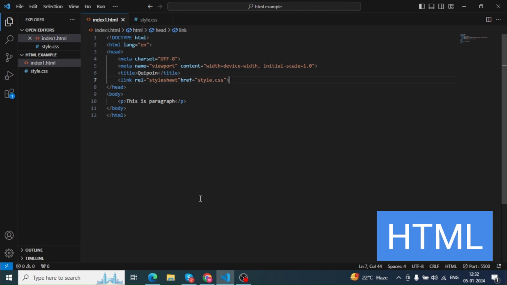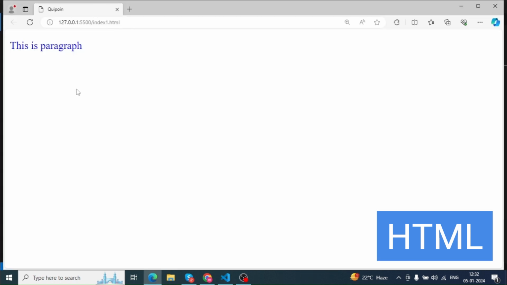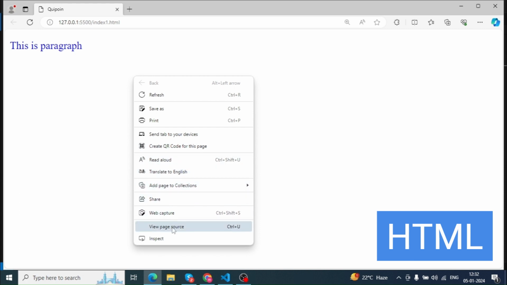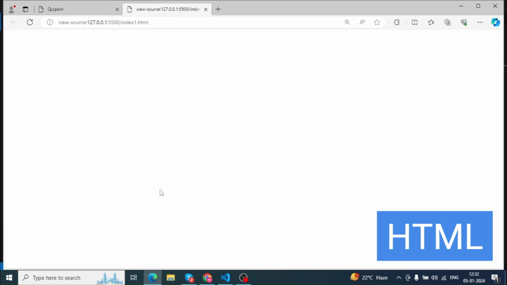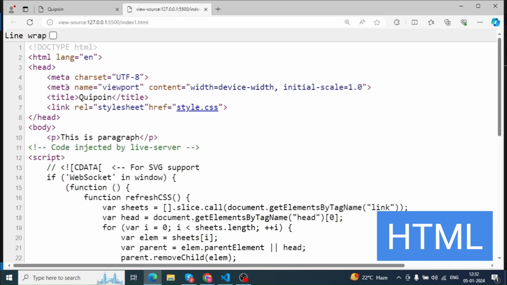Here, save this. In the web browser, we will not get any data related to the meta element. If you want to get that information, then right click here, click on view page source. Here we will get the data related to the meta. This is all about the meta.